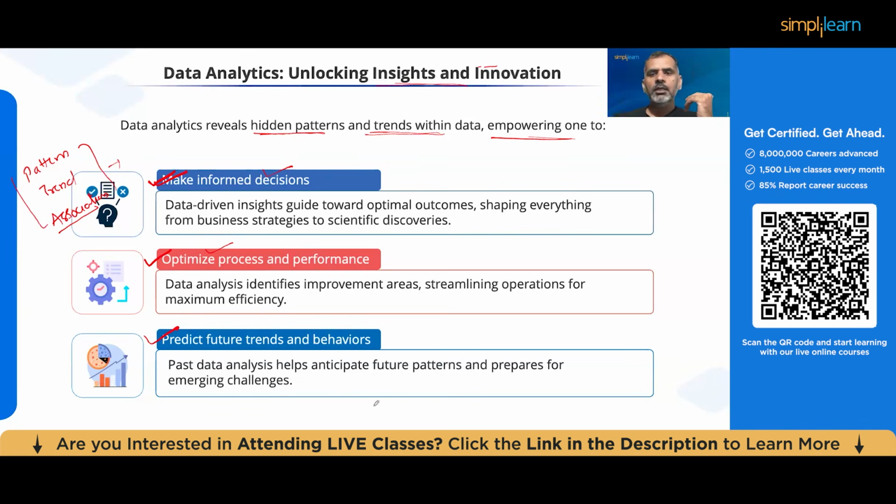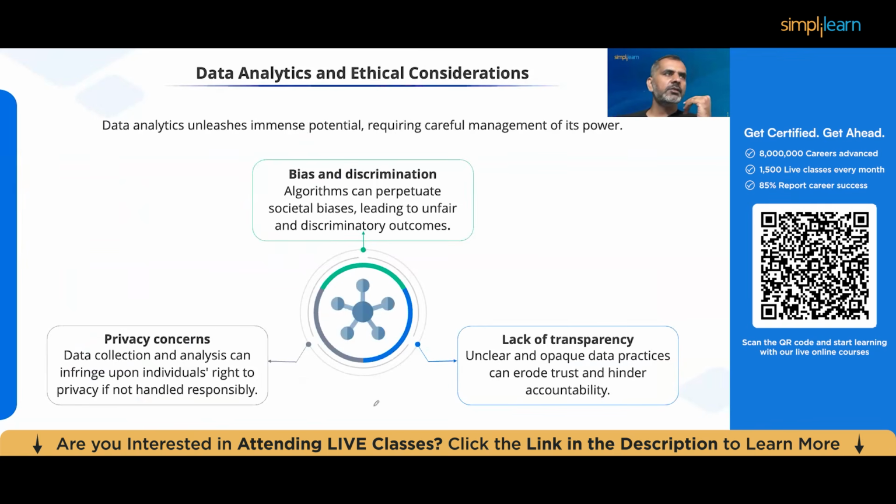Now, when you introduce ethical considerations in this process, we talk about bias and discrimination. And this is something I said earlier also. When you train any algorithm or model on biased data, that model will produce biased results. And when it produces biased results, that introduces discrimination. So if you do not follow data ethical principles in the data analytics process, you may end up with a biased model, and a biased model is going to introduce discrimination in the process.